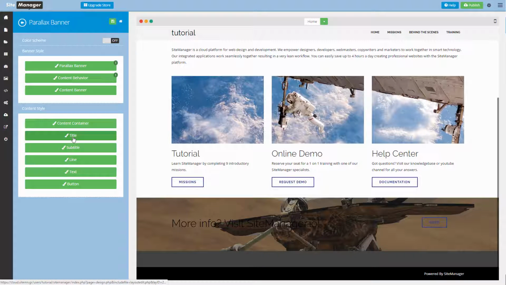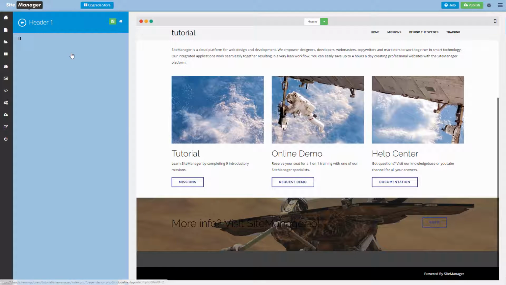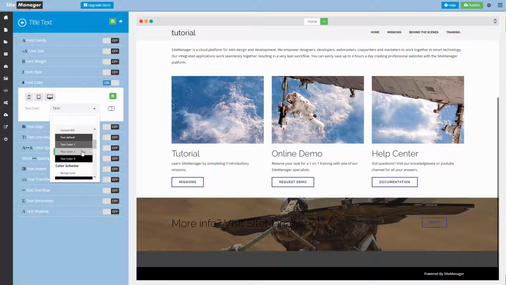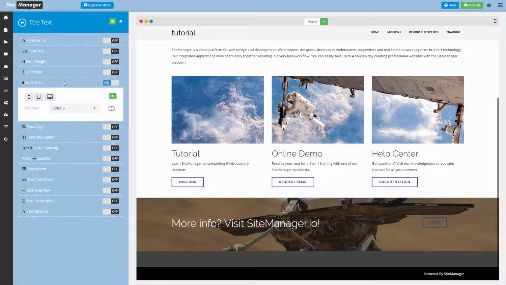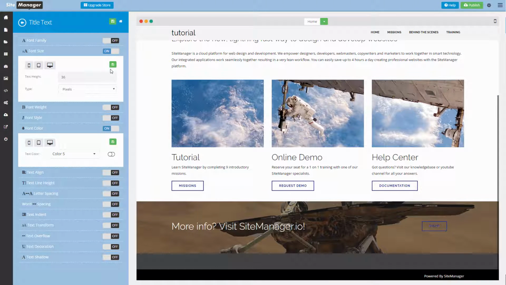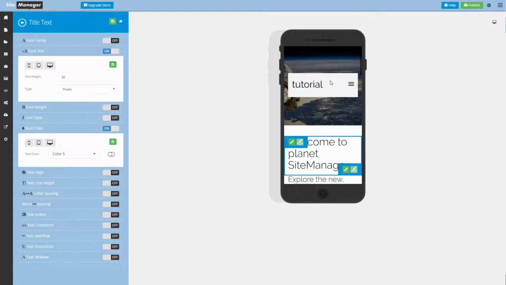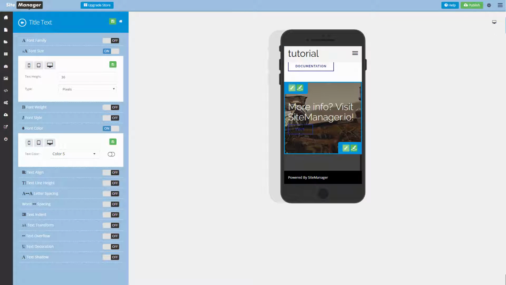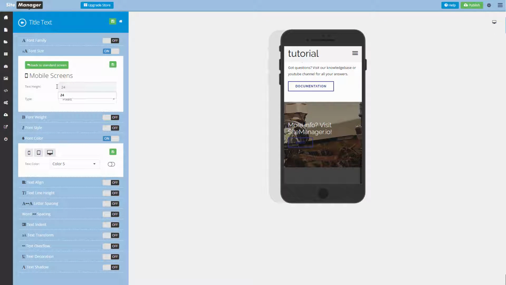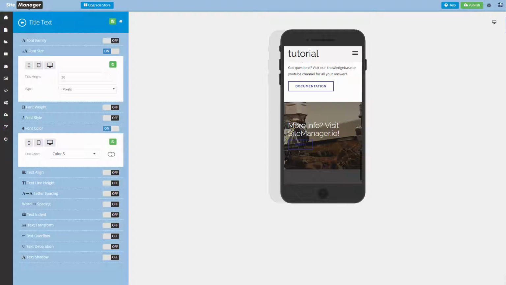So the first thing we're going to do is go to our title component, header 1, go to text properties, and we're gonna change our font color to white. Yeah, and we're also going to change our font size, something like this, and we click save because we're happy with how this looks. And we can also check out our mobile view. This is really cool. Now when we scroll down, you'll see that our text is a little bit too big maybe, so we're gonna add in 24, no, 28. Yeah, let's pick 28